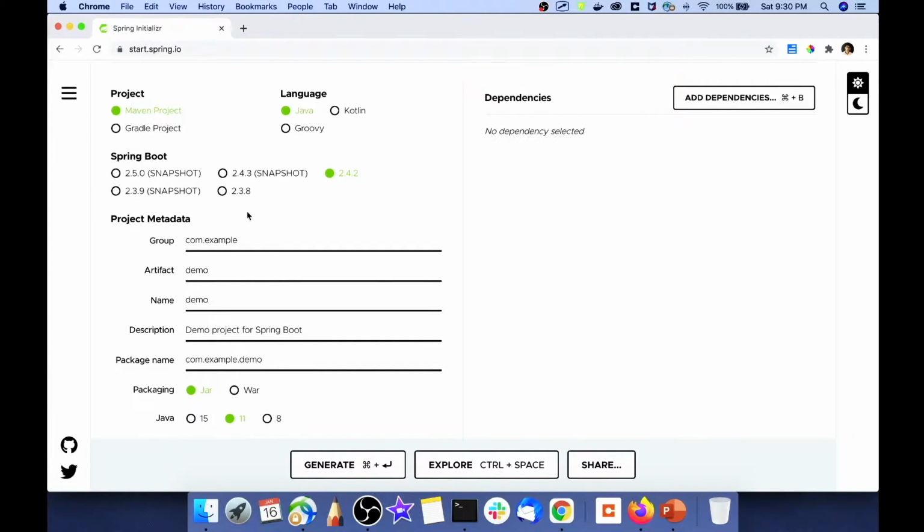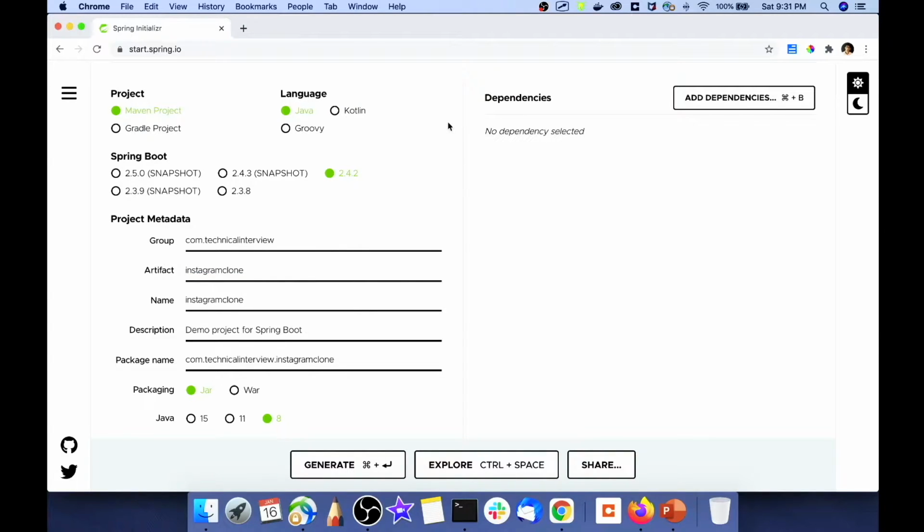So over here in this section, let's rename the project artifacts and the name of the project. So I will be giving the name of this project as technical interview, and I will name this project, that is the artifact name, as Instagram clone. And for the version of Java, I will be choosing version 8 over here. So we are almost done with the initial setup of our Instagram app.